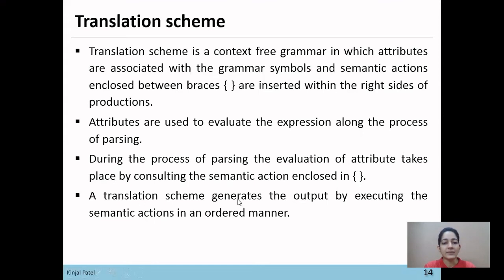The translation scheme generates the output by executing the semantic actions in an ordered manner. This process uses depth first traversal, from top to bottom and left to right.